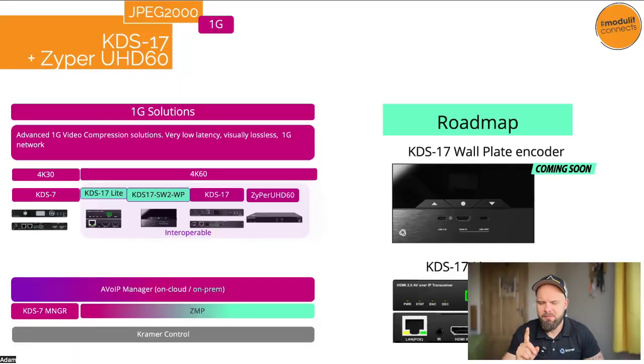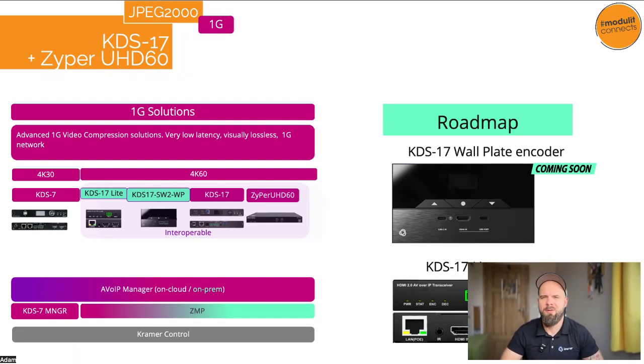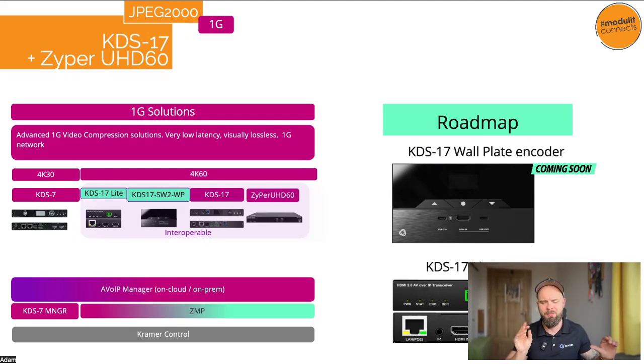And this is just one device. In this one device, you can program it, set it to be an encoder or decoder, which means it's actually a transceiver. I can say that it will be cheaper than a standard encoder and decoder, so it will be a very good solution budget-wise. Making it a transceiver is quite a smart move because you can use it in projects where you just need to add a display or source and you are not sure how many of them you want to add. So you can buy just a certain number of KDS17 Lite, and afterwards you can configure them to act as an encoder or decoder, and buy more or leave them for the future if you still have something left.